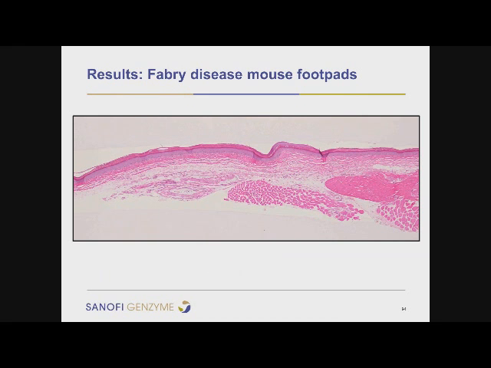So finally, we have the Fabry disease mouse foot pad. This is the cross-section that we were showing you in the tissue orientation gel. And as Jen mentioned, there's a very faint haze of the tissue orientation gel here, a pink from the hematoxylin. But obviously that does not interfere with my reading of this tissue, and you can see that there's no separation between the epidermis and the other tissue components, the skeletal muscle, the adipose tissue. It's all nice and very even,